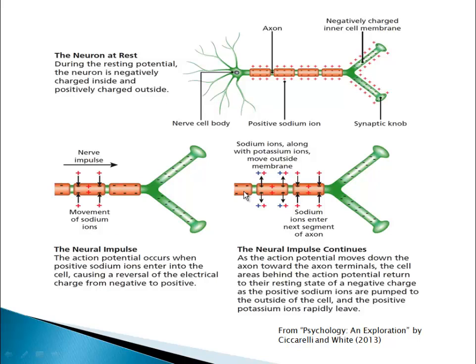So the process continues, as we said. Sodium comes rushing in, eventually gets too positive. What happens? The potassium leaves. Look, the potassium is leaving. It's blue. And so then what happens, of course, is the channels shut down. They bring the potassium back in, they throw the sodium back out, we go back to the resting potential. So you could have an action potential, you could have 3 or 4 action potentials going along this length of the axon at the same time.